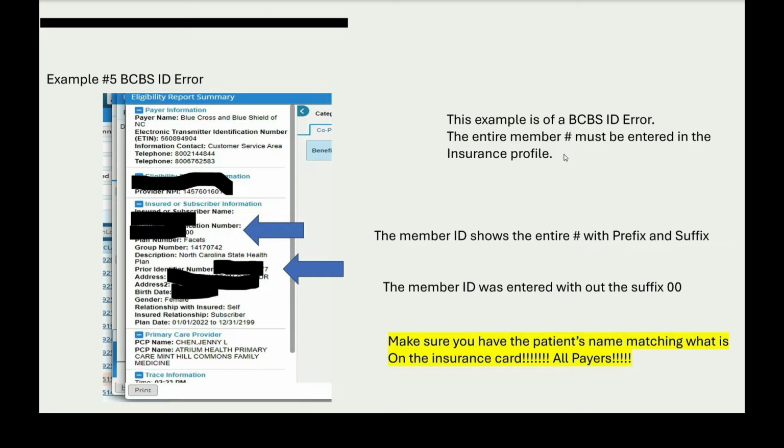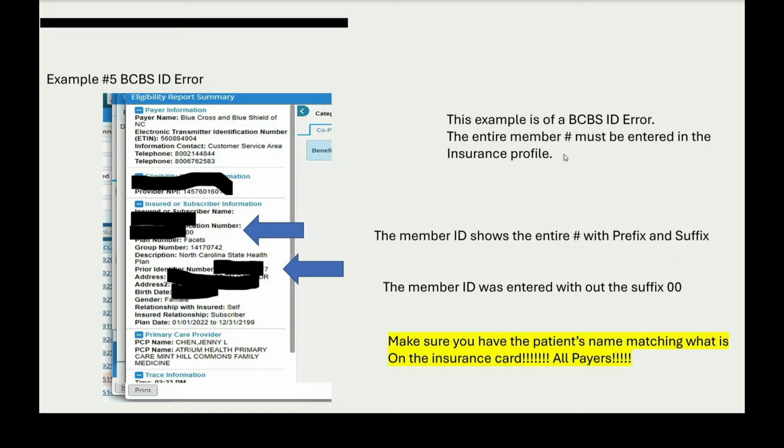Blue Cross Blue Shield. There is a prefix and a suffix for the majority of the Blue Cross ID numbers. Now, we're not referring to federal, because that begins with an R, but we're talking about all the other plans that begin with things like YPYW, YPYJ, those types of prefixes. What's happening is a couple of things. The full member ID is not being put in to where the suffixes are being listed on the end of